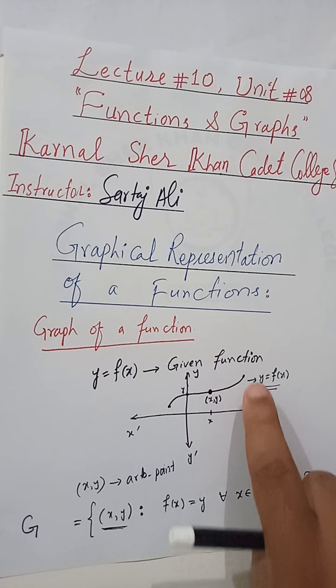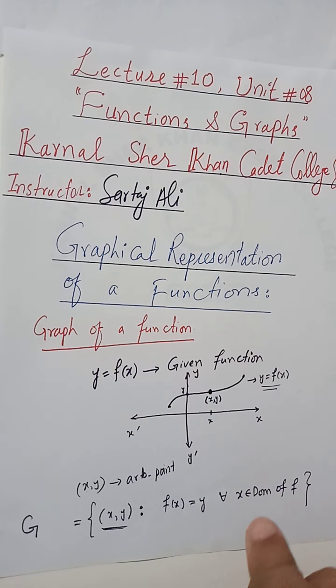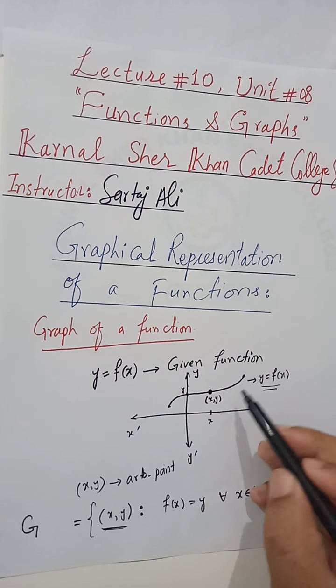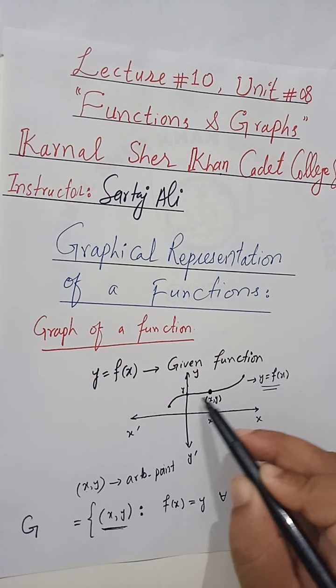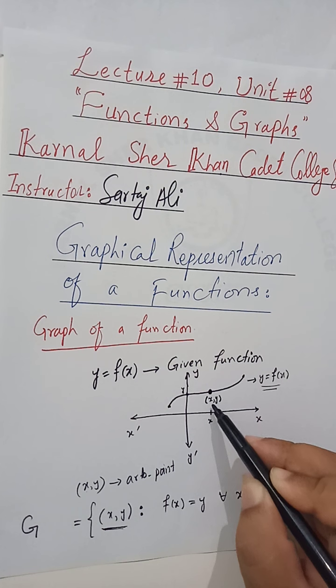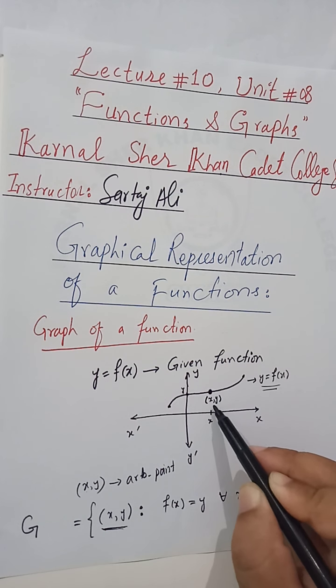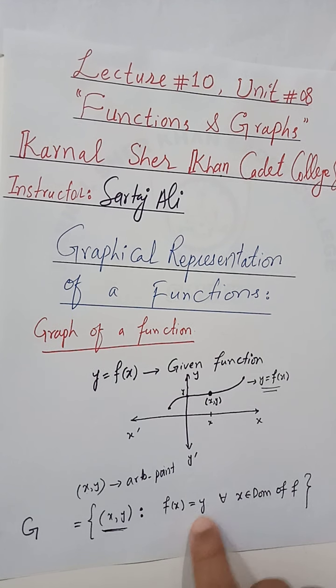Actually, the graph of a function is the set of the points. You see from this example, I suppose that this curve is the graph of the function. So now this curve, which is the graph of the given function, is actually a set of the points. I choose an arbitrary point. So this is the representation for all set of points. So this must satisfy this condition that when you plug this x in the function you will get y. It means this x is in the domain of the function.